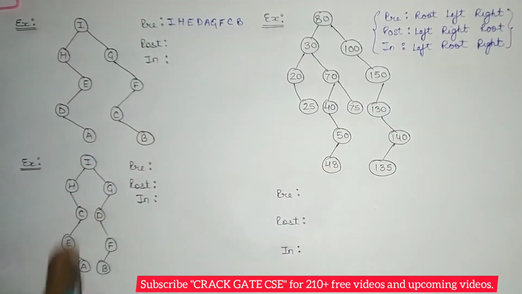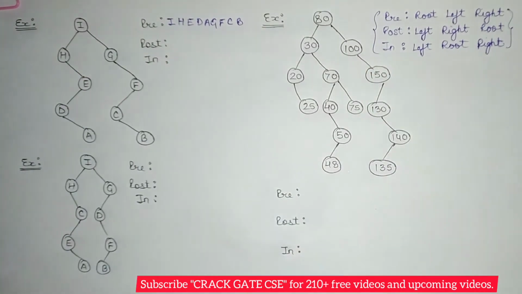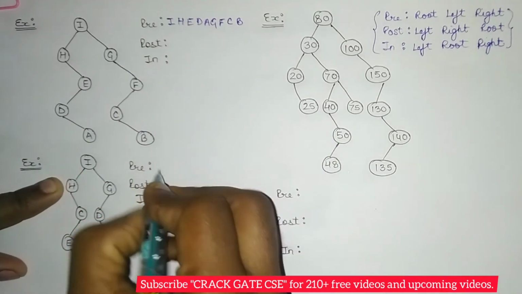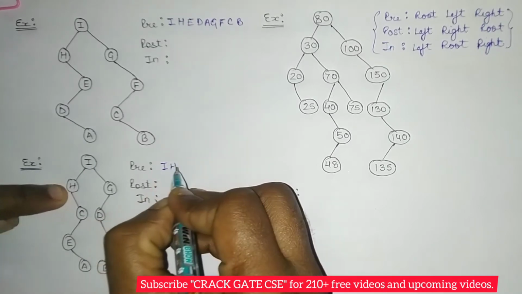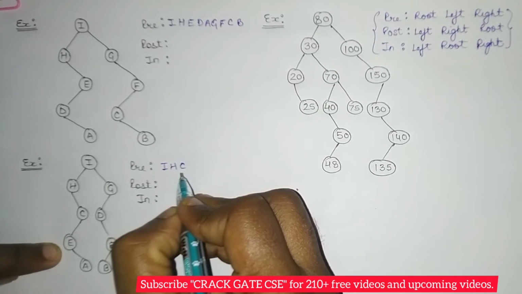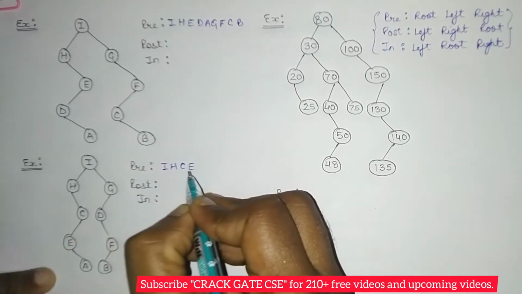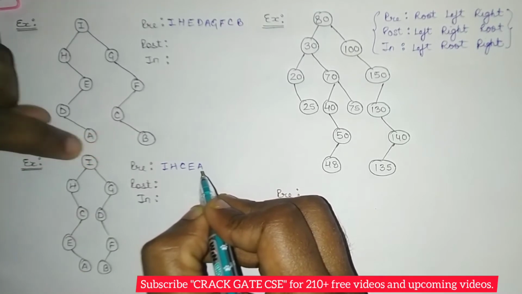Similarly, we can write down the pre-order for the next example. Try to write down the pre-order for all these by pausing this video. I'll be just sharing it. Right. So starting with the second question, in pre-order, print root first. So I, left is H, print it again. There is no left, go to right and print. So if left is there, go to left and print, and if left is not there, go to right then print. Right. See how simple it is.